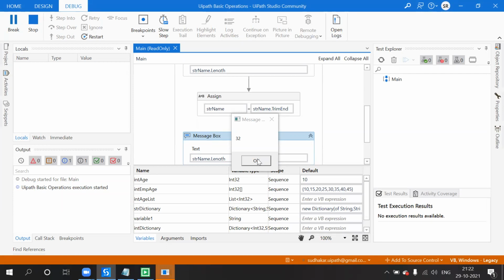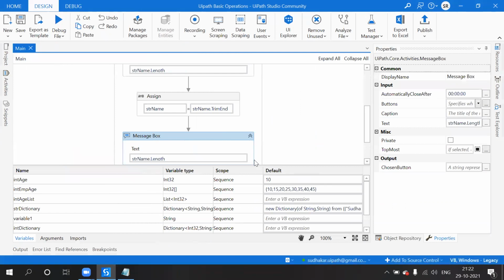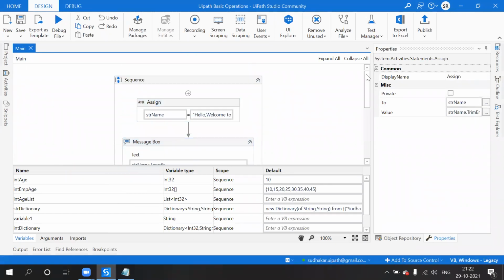So the first length represents the size of the first string, before trimming. After applying trim end, we got the size of the string as 32. That is trim end.